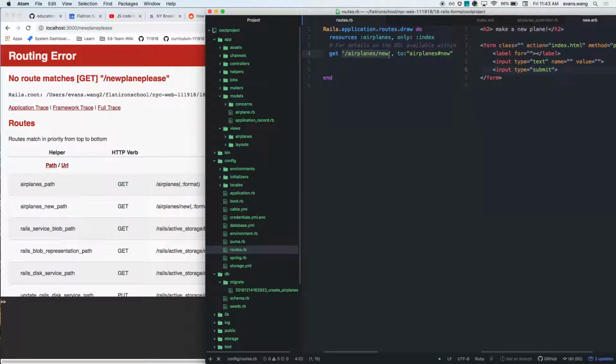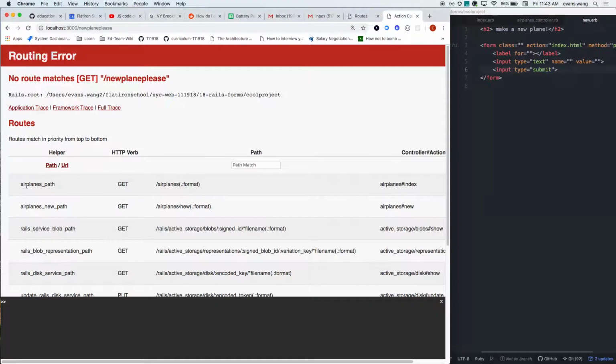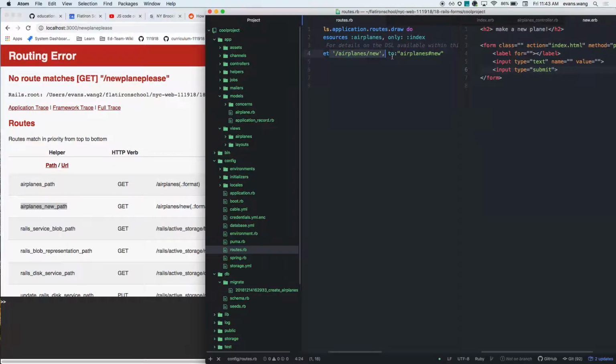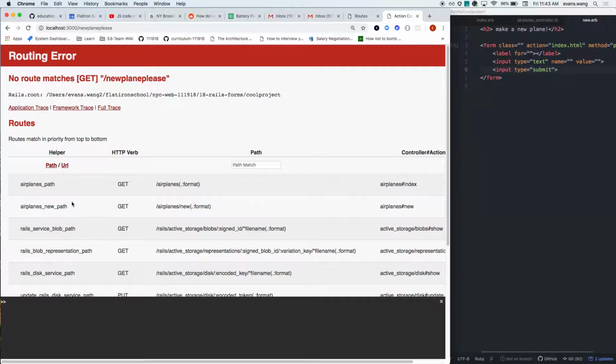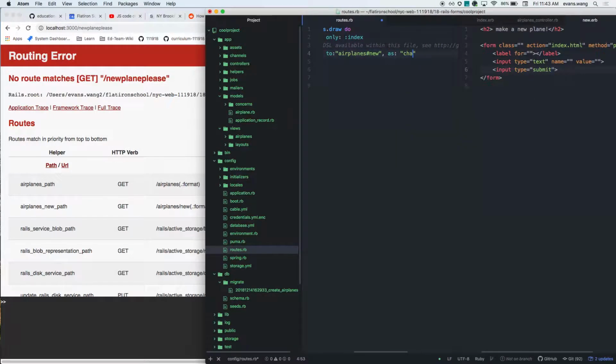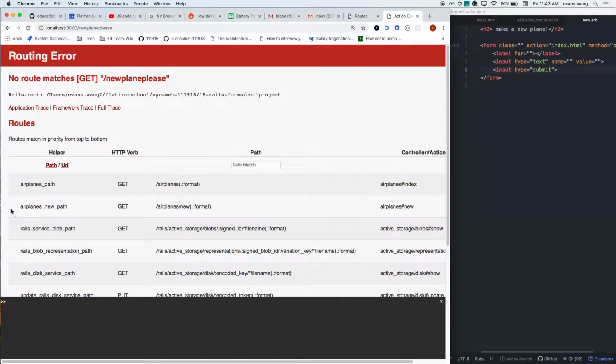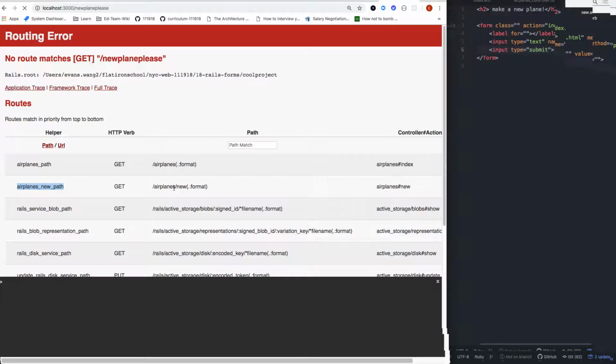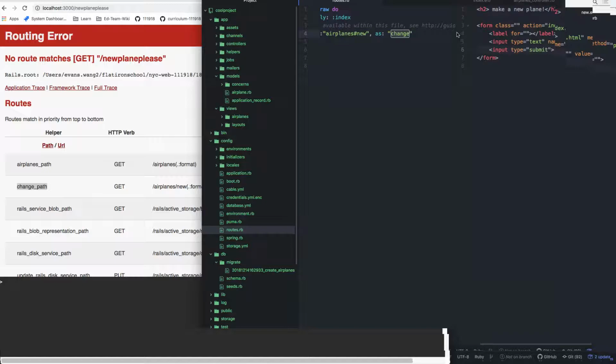So this is the restful route. This is the restful convention. So I can simply, in my resources, ready? Because this is all I have right now, I have a get to airplanes new, pointing to airplanes new, with this helper that Rails built me for this. If I ever want to change this helper, I can simply do as, and then I can change the helper path. So look very closely right here. It's whatever I want to name it. If I do not include it,